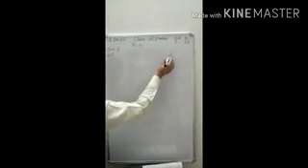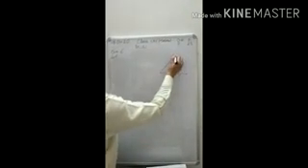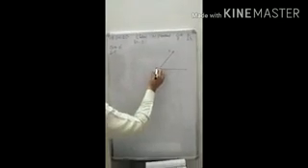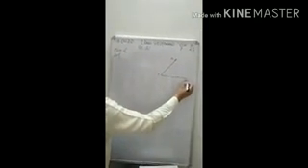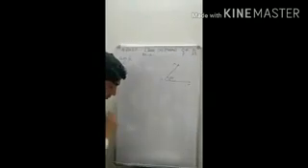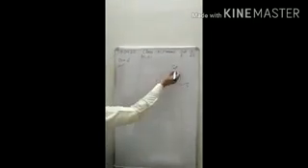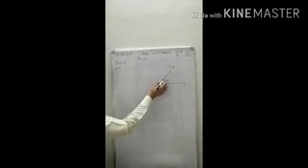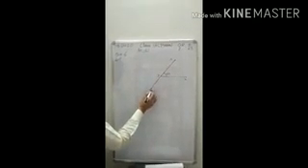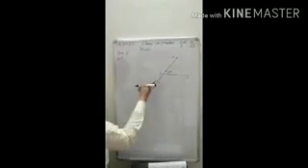First of all, draw an angle XYZ. You take it as X, suppose this point is Y, suppose this point is Z, and the measure of this angle is 64 degrees. Then XY is produced to a point P. Suppose this is any point P, like this. This is the figure for that.